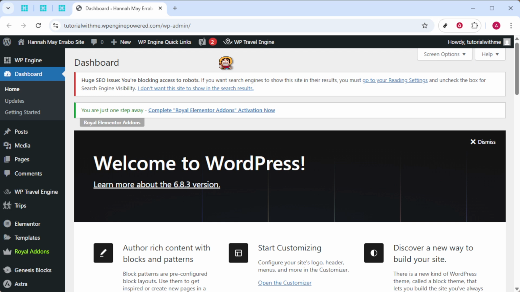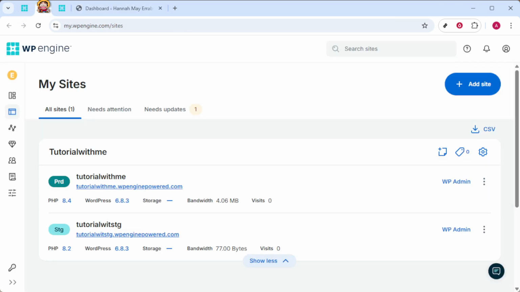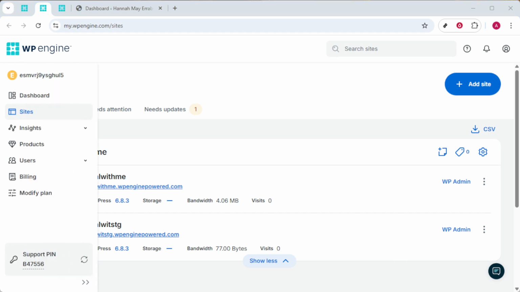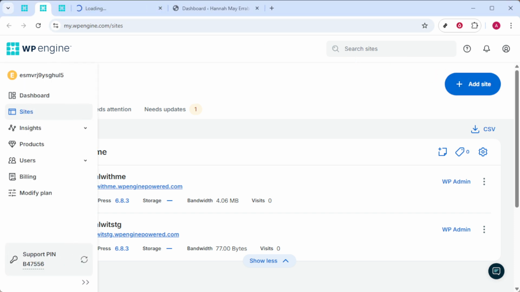Once you're on the Setup page, it's time to enter a name for your new site. This will help you quickly identify it among other sites you might manage. Next, you'll need to select the environment for your site. The options available are Production, Staging, or Development. If you're unsure, keep in mind that Production is for live sites. Staging is perfect for testing changes, and development is where